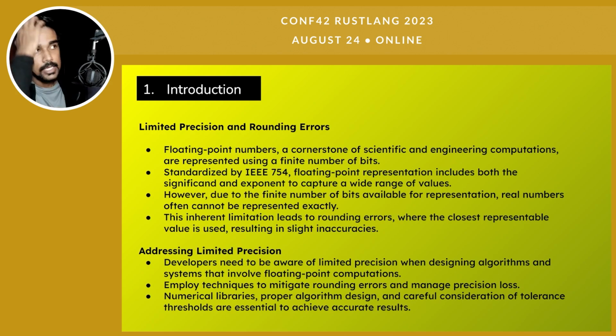If any number is way longer in the decimal number system, then we need to round it off to represent it as the closest value possible in the given number format. Like if we have a 32-bit single precision floating point number, then we have to round it from the significand component so that it can be represented properly, and we try to minimize the loss. This is inherently present, so there are certain ways to address this limited precision.